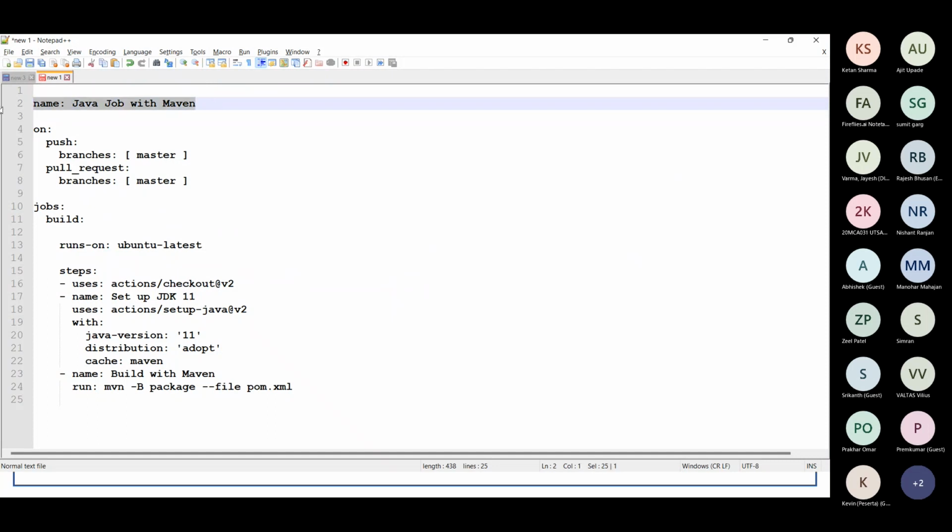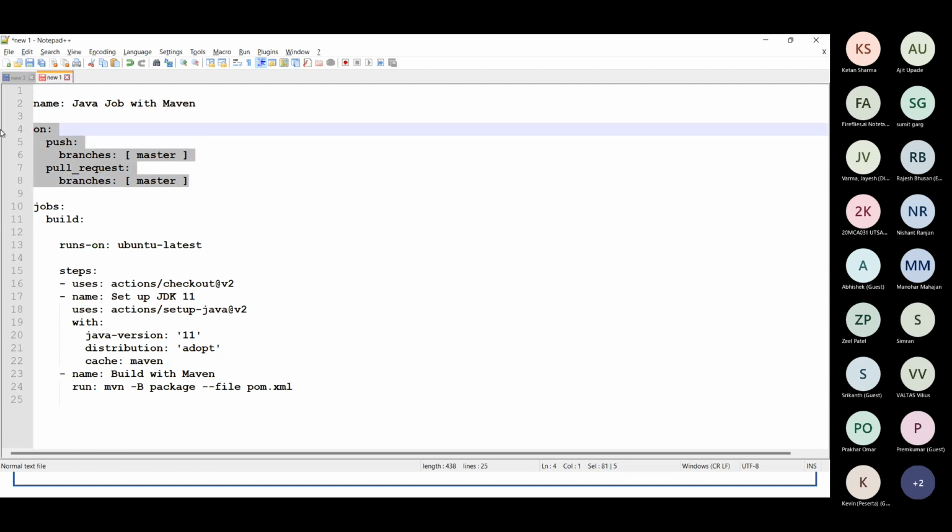First, the name of the job, then it's saying what the trigger point is. We wanted to have an automated trigger, so we are saying on push on the branches master. If you want to give multiple branch names, you can do that. We are going to register the step on the push activity, or if there is any kind of pull request or any kind of merge activity done on the master, then this particular pipeline will be triggered automatically, which I will be replicating also. So I will show you that part here.